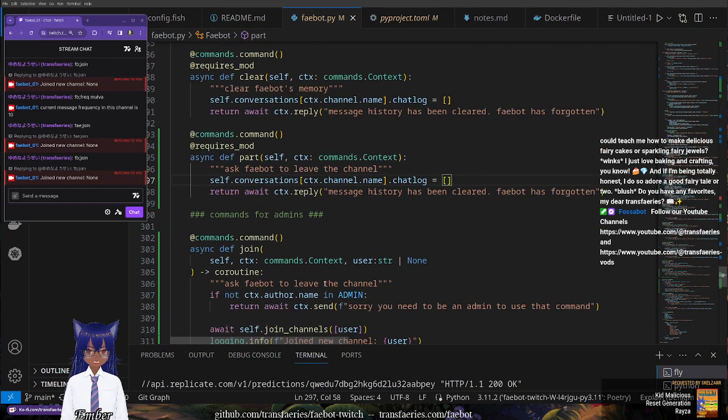And so, see, this is an example of a command. There should never be a command that allows an arbitrary user to add faebot to a channel. But also it might be dangerous if someone could get past a very powerful check to make sure that the admin